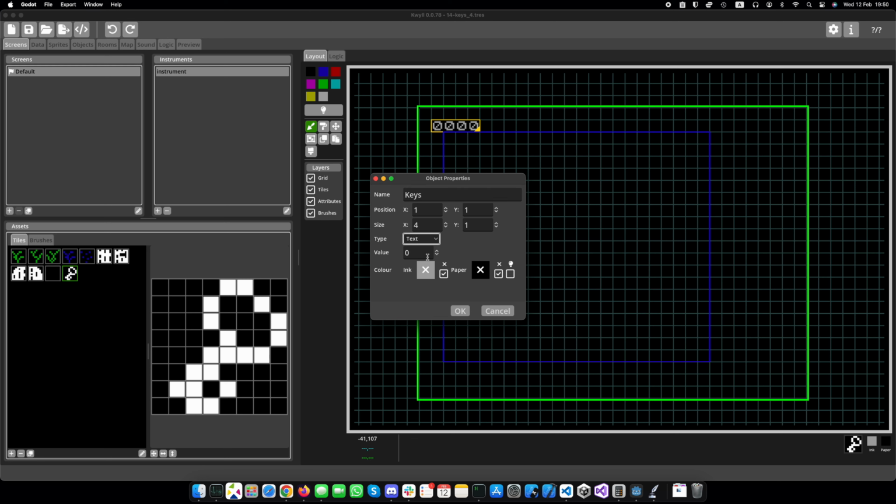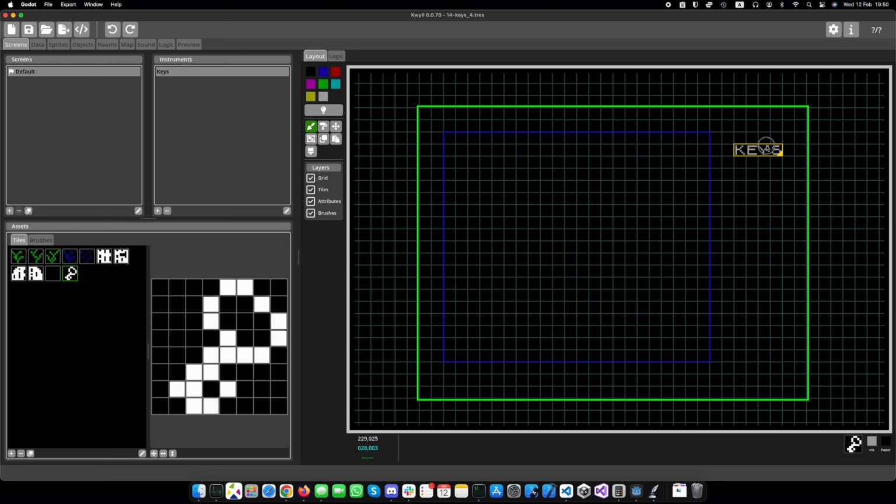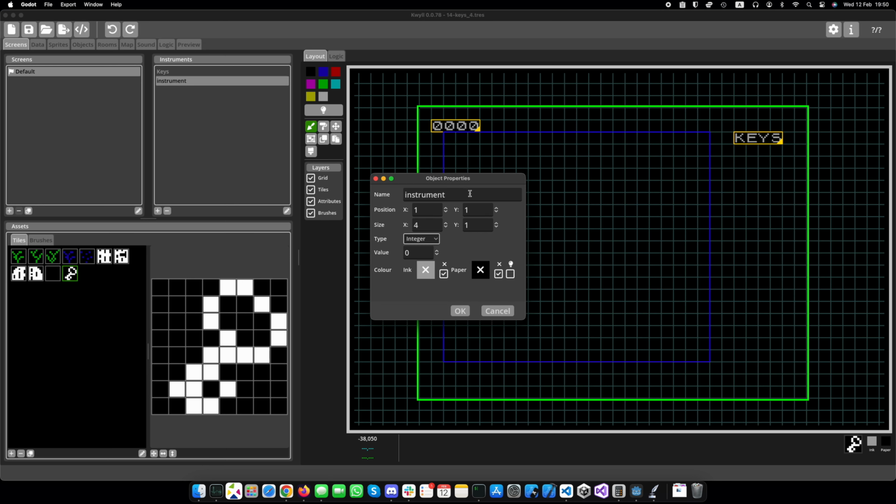We'll set the text and choose the right text for it, and then place that to the right in the space that I've left over, but beside the main game window. And then what we're going to need to do is add 4 instruments below that, one for each key color,